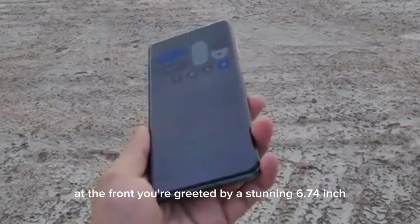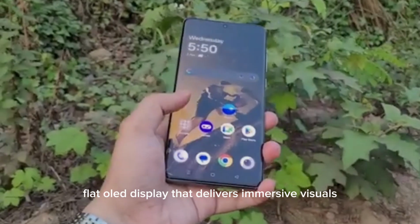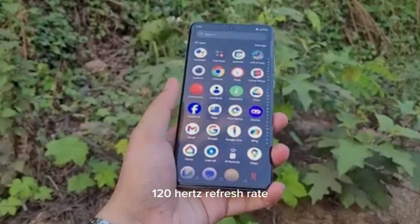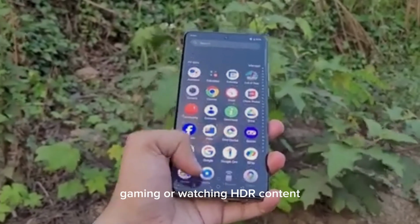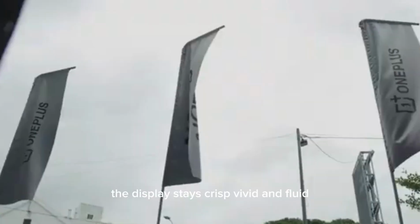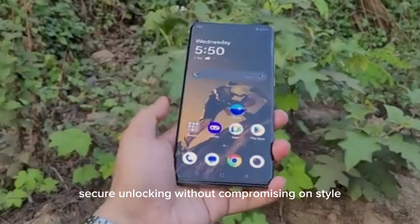At the front, you're greeted by a stunning 6.74-inch flat OLED display that delivers immersive visuals thanks to its 1.5K resolution and ultra-smooth 120 Hz refresh rate. Whether you're browsing the web, gaming, or watching HDR content, the display stays crisp, vivid, and fluid. The inclusion of an in-display fingerprint scanner adds to the modern, minimal look and ensures fast, secure unlocking without compromising